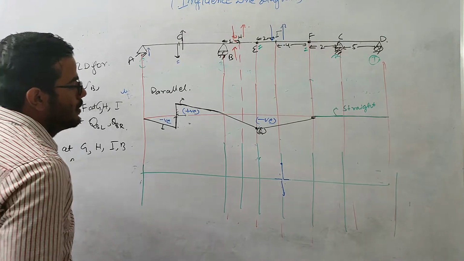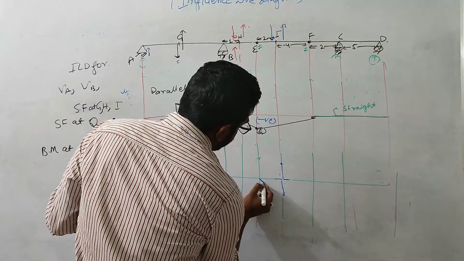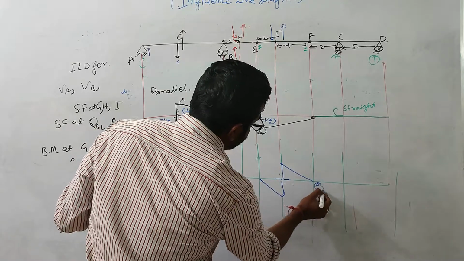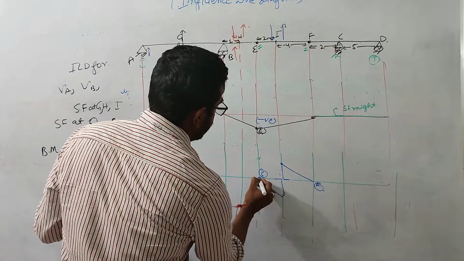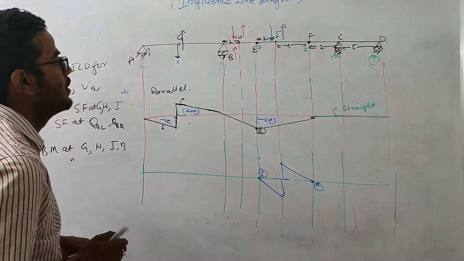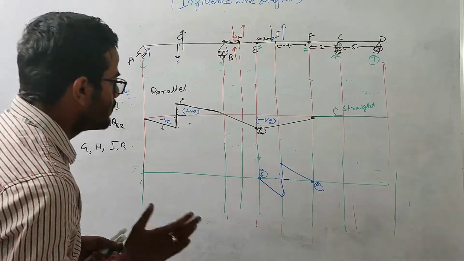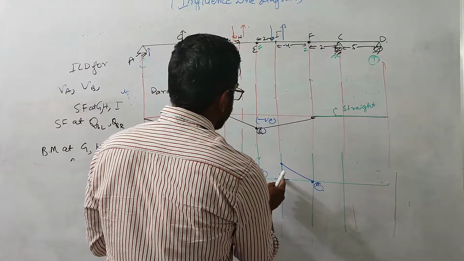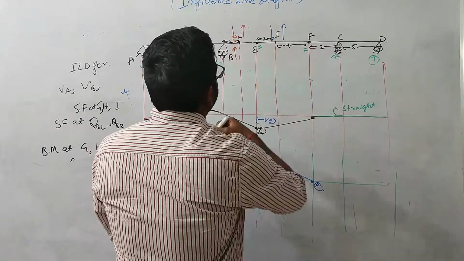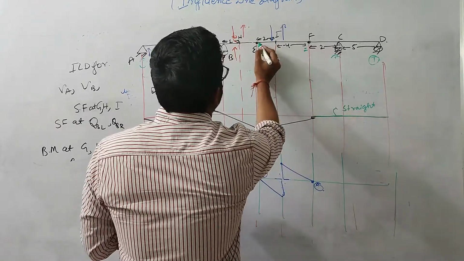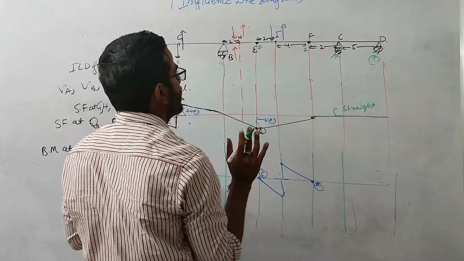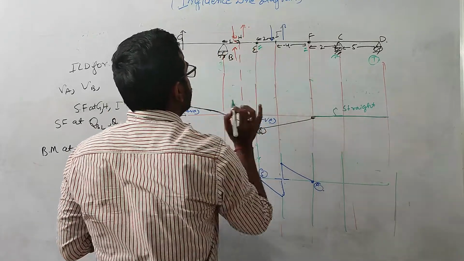Okay. This portion will come to E, this portion will again, these are basically nothing but a hinge point. Okay, so beyond that, what I did over here is that I cut the beam at this point E. Now when I cut the beam at this point, when I deflect this by unit amount, this portion won't be affected. This portion won't be affected because there is some hinge connection.